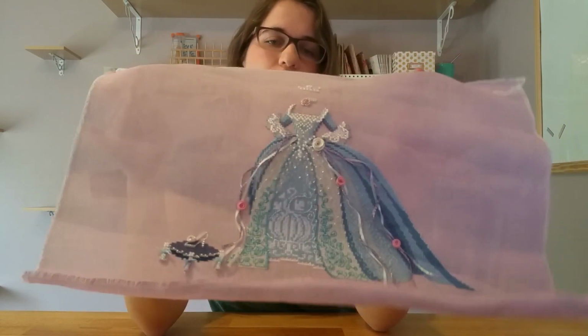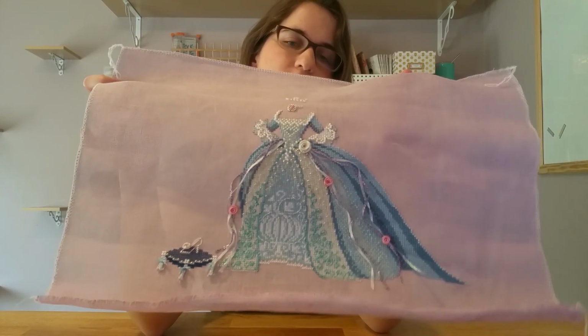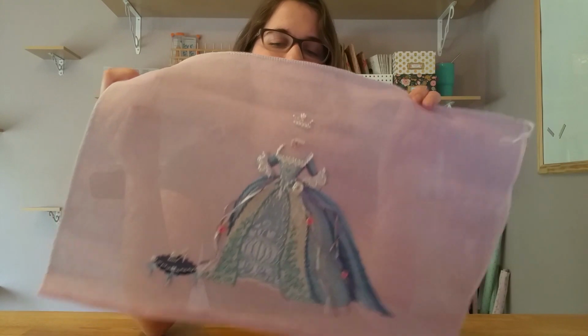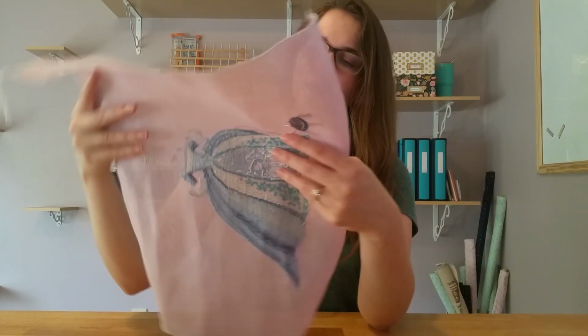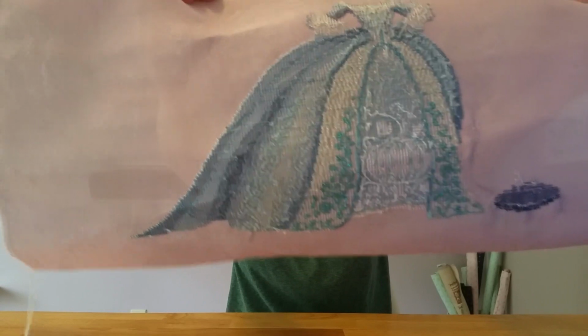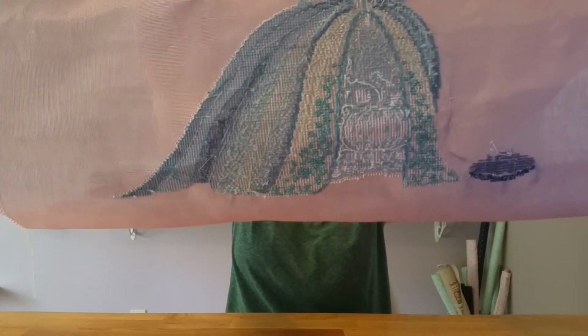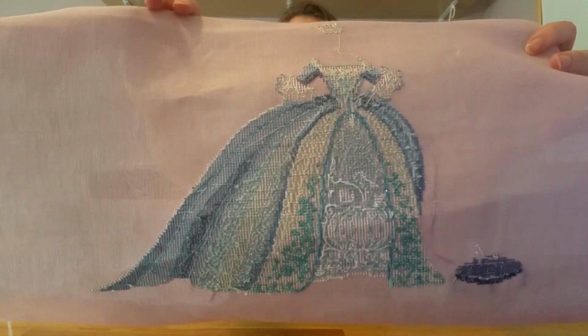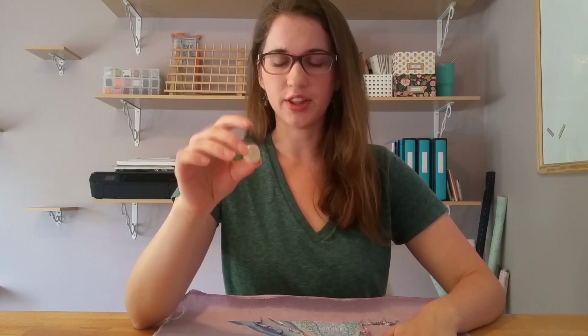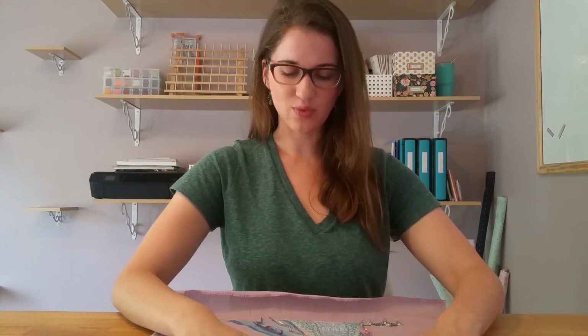So she ended up being my first project that I ever put any beads on, and I think the effect is just marvelous. But some of the clusters of beads and some of the embellishments are kind of spaced out widely from each other. So I don't know if you can tell at all, but I had to travel, well, I didn't have to, but I chose to travel pretty far using that nylon thread on the back between some of those embellishments. I don't think it matters though, because this will probably get framed. And you won't ever see it. It's totally invisible from the front of the project, so I didn't worry about it too much. I'm imagining framing this in a white frame,